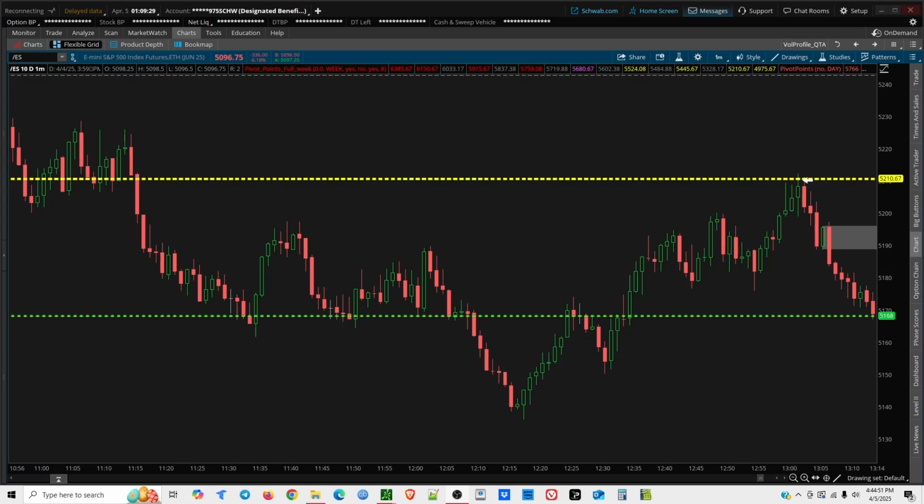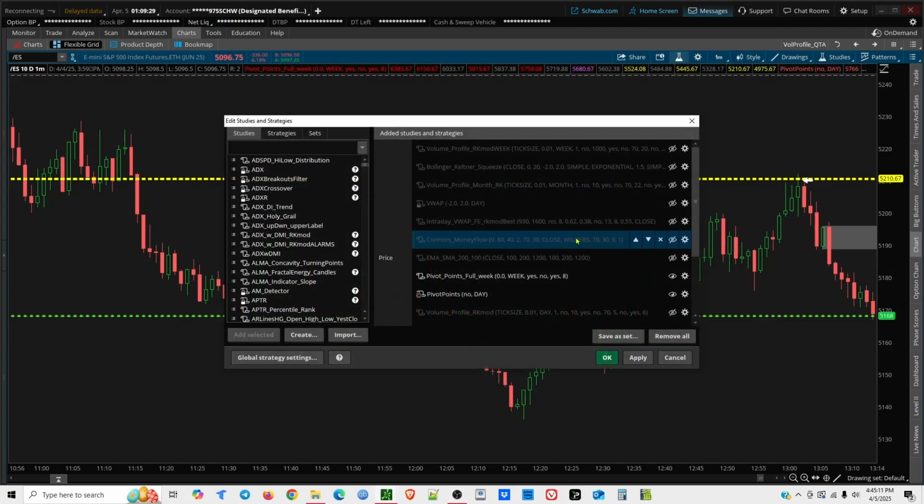So here we are with the ES chart open wider so that you can see, and I'm going to apply some of the other things that I typically watch on the ES chart and actually on all of the other charts. I will show you that I keep volume profile for the month. Obviously I keep VWAP and intraday VWAP, which I'm going to be discussing in other videos. I watch the 100 and 200 EMA and SMA on the 1 minute chart, and this particular indicator is custom